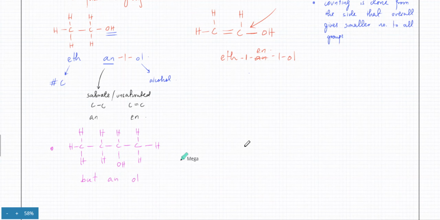But what are the positions? 2. Okay, so this one is at position number 2. It's on the second carbon atom. You're going to count from this side. This is 1, this is 2. Obviously there's no position for AN, it just means it's a saturated alcohol. Acha, what if you have